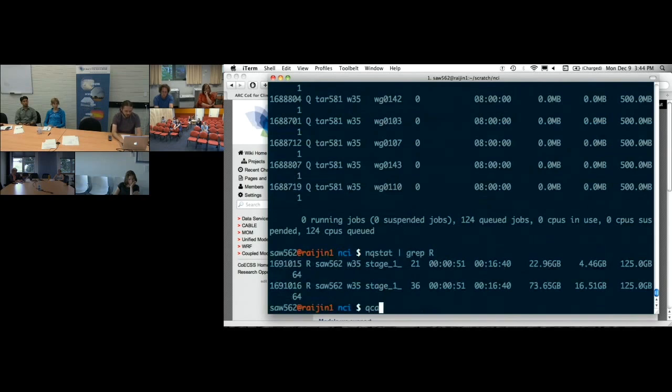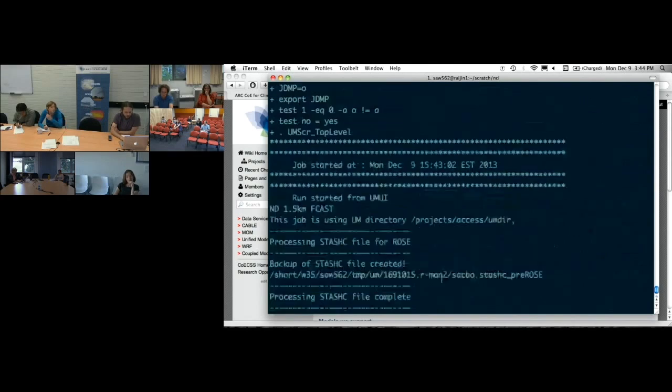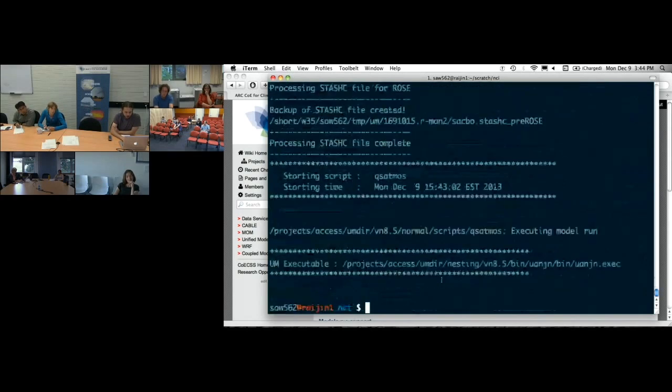So to see any output you're getting from the runs, run qcat, then the number, and that'll print out all of the output while it's waiting to be run. You can see this is a unified model job that's just buzzing along, and if you were getting any error messages or crashes or anything, you can check that here.